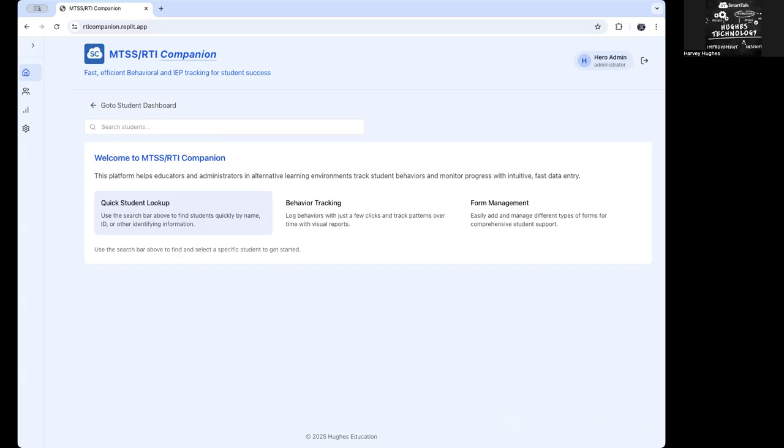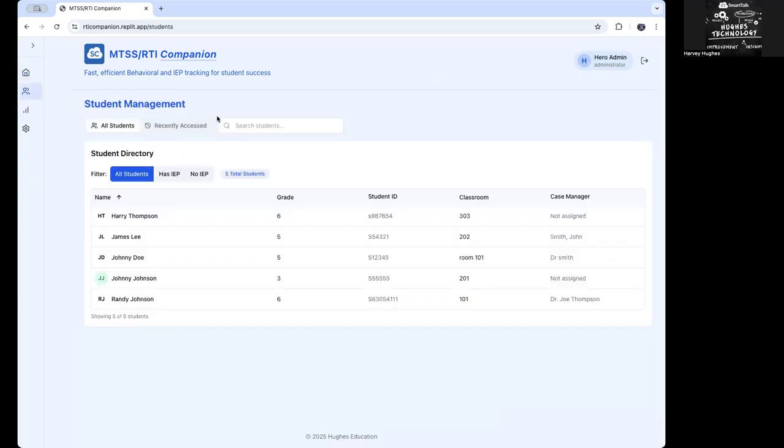It gives us our login information and a log out. And this is really a landing page, just so if you're into a student profile or student section and wait a little bit of time, it'll come back to this generic landing page where it just gives you a little bit about it. You can search for a student here if you'd like, but I prefer going straight to the student management system